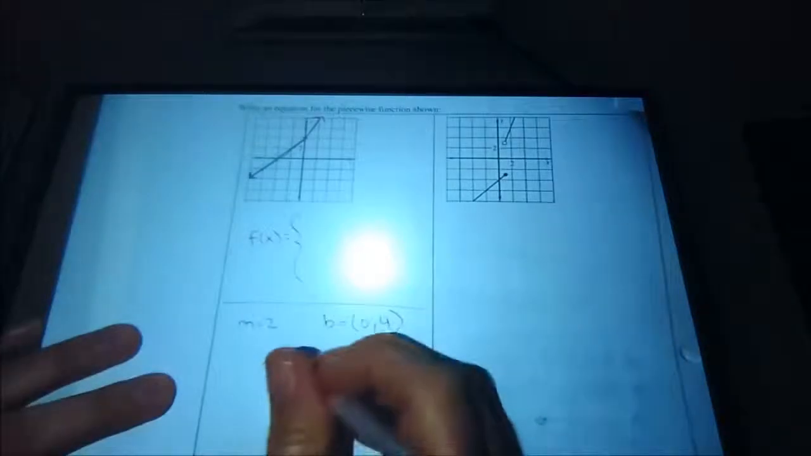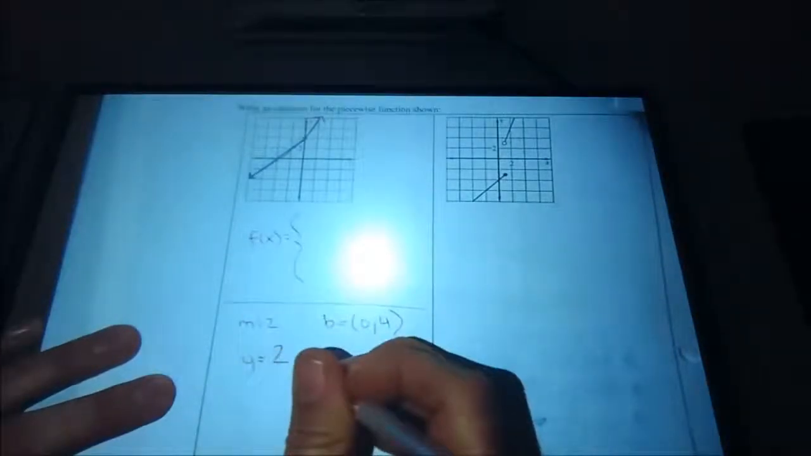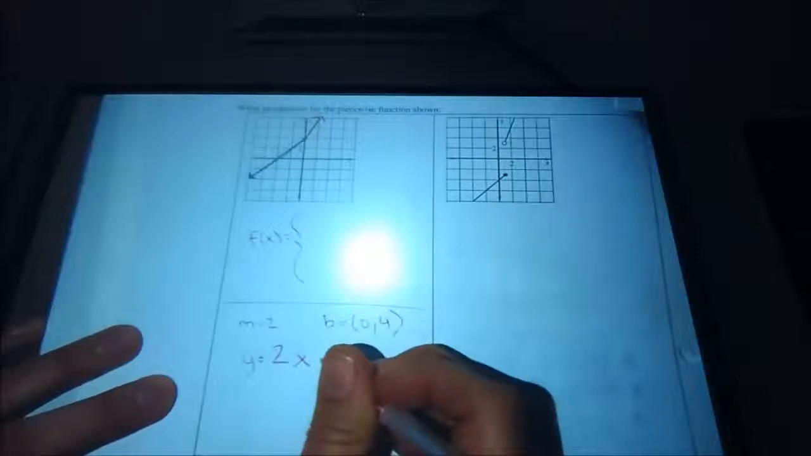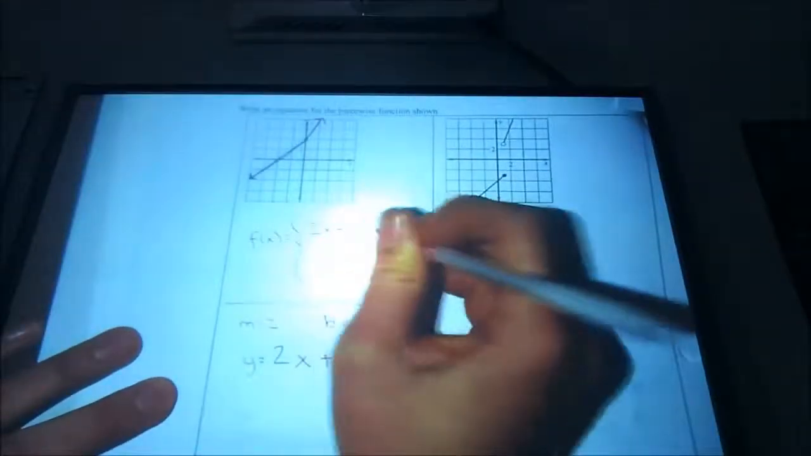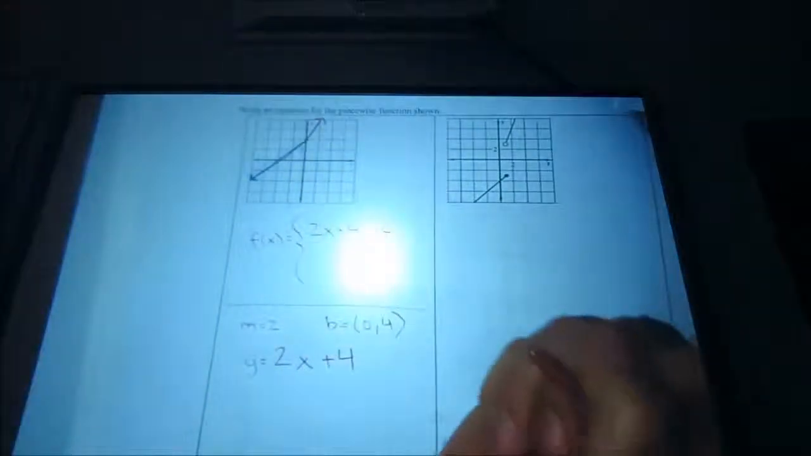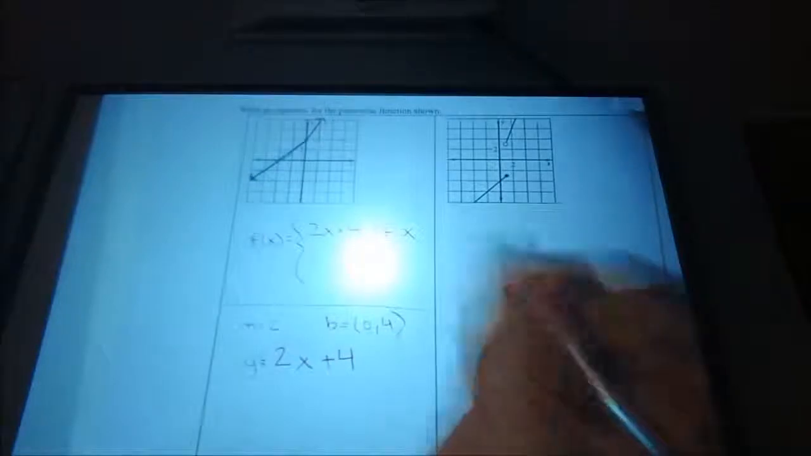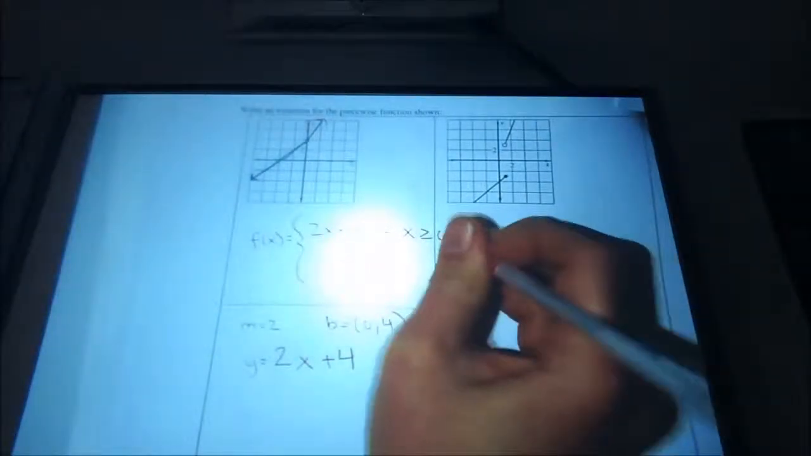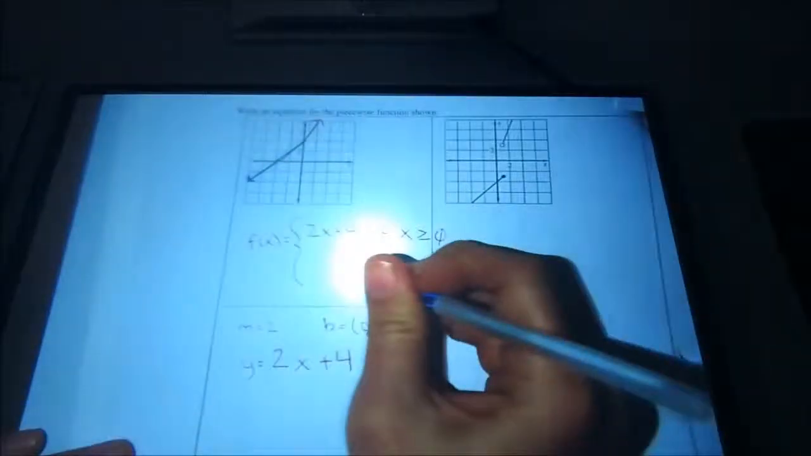Y equals 2x. Then plus what? Plus 4. Okay, so 2x plus 4 if x is greater than or equal to 0. Great. Now, before we even figure out what the equation for this line is, let's just fill in if